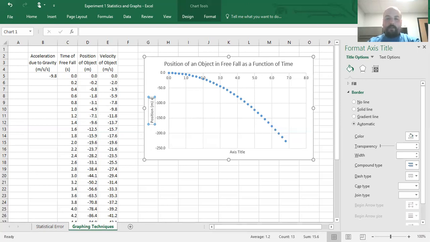You may need to even provide for the reader any sorts of scaling. So in the case of, say, this position of this object, this rock, is falling 50,000 meters, 100,000 meters, 150,000 meters, and so on and so forth. And it's not explicitly 50,000, 100,000, it's just 50, 100, and so on. You need to also put in that scaling there just to make sure that the reader understands that this is not 50 meters, this is 50,000 meters,